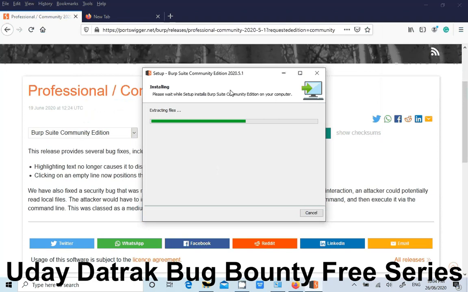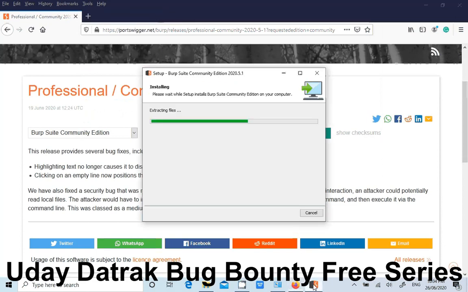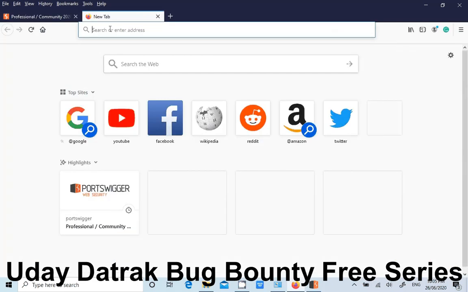One important thing, guys: if you don't have Firefox installed on your machine, install Firefox and set up Burp Suite for Firefox itself. And the second important thing is that when you are doing security testing for any website, do not open other websites during that window. Let's say you are doing security testing on a particular website, like apple.com, through Firefox.